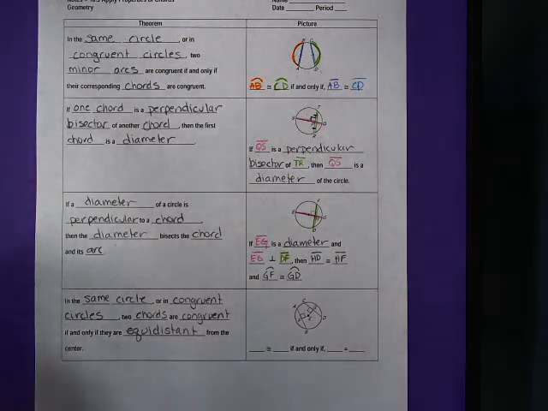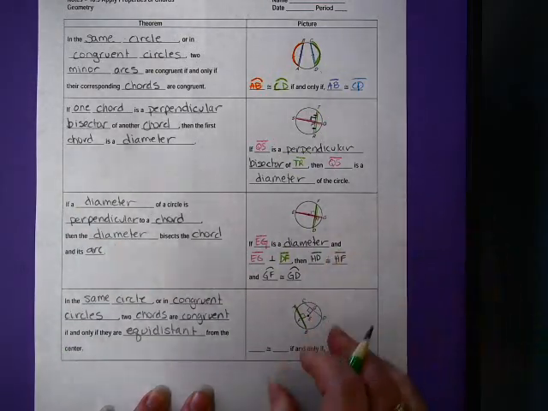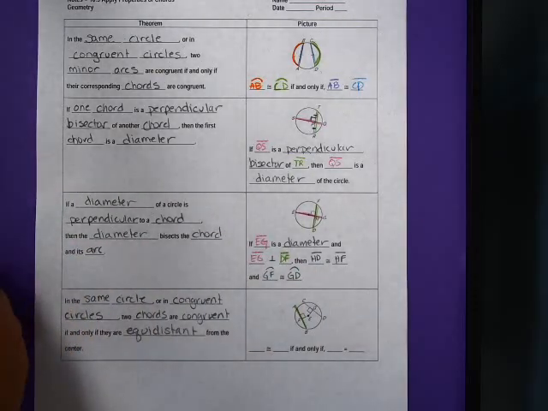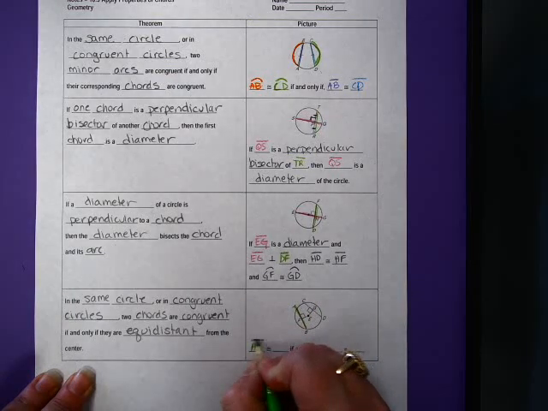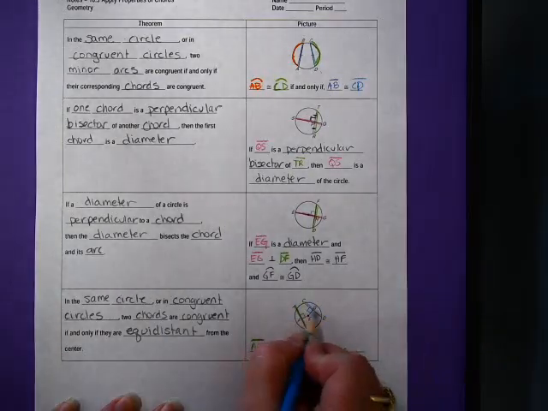Okay, so what we know is I have this chord here. That's going to be AB is congruent to CD,